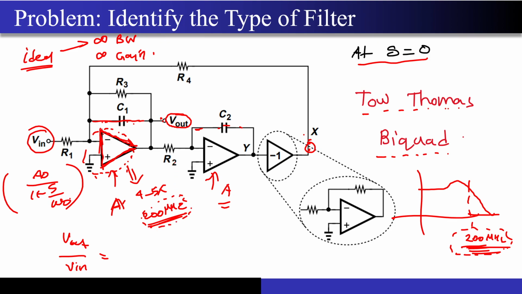Correct? Someone was asking me how do we get the specs on this op amp. This is how you get the spec on the op amp. From the filter's application, the filter's 3 dB cutoff, you will at least get a spec on the 3 dB or the unity gain bandwidth of this op amp. And then when you give this spec of the UGBW of this op amp, you give this circuit to your analog designer who will be working under you, and you tell him, design the op amp for me, having a spec of UGBW like this. So just connect the dots.